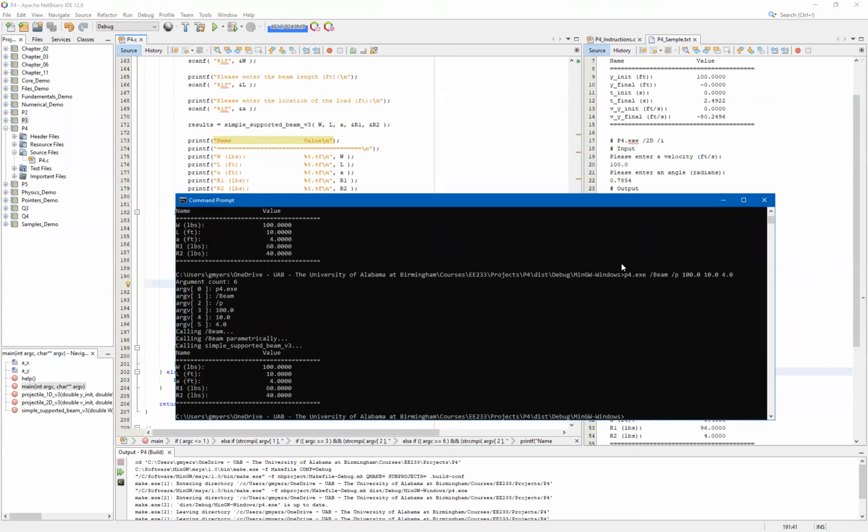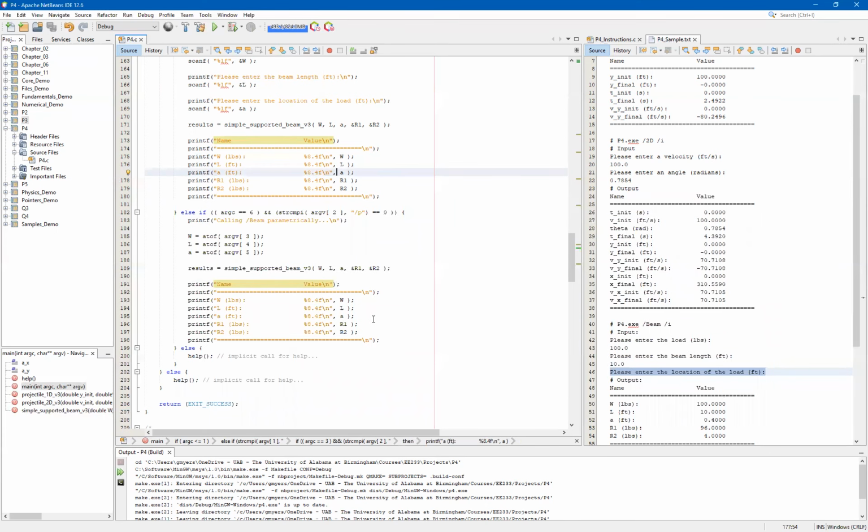So we'll worry about testing the batch files and the input files in a separate video. But effectively, we are done with this project aside from needing to test some more scenarios. Hopefully you see now how we've essentially shifted the behavior or the responsibility of our functions so that in the P3 example or in the earlier examples, they were responsible for printing the output. Now the functions themselves are no longer responsible for printing the output. Optionally, they could, but we instead want to focus on printing the results in the main, which brings me to